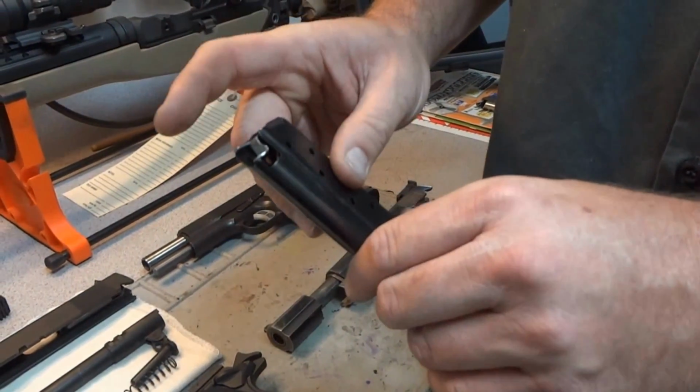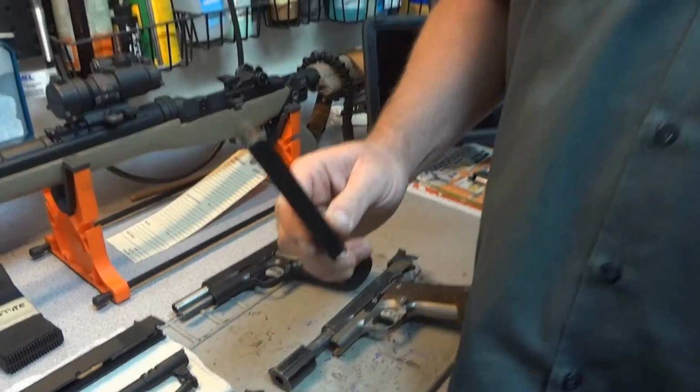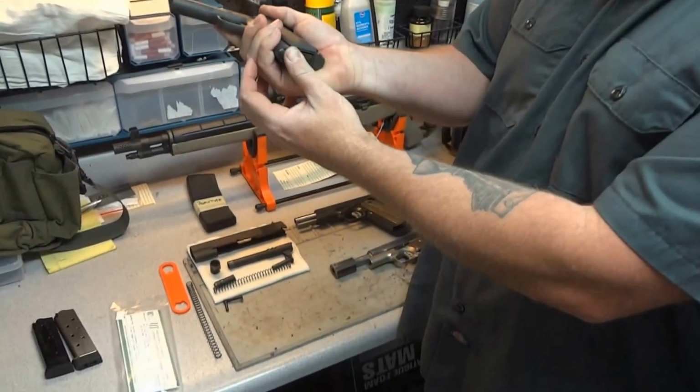It does have an elevated follower, which is an improvement over standard. One thing it doesn't have is a base pad. If you're running a 1911 and your magazines don't have base pads, I got a question for you. Why not? This particular gun, as you can see, inserting the magazine, it sits flush with the bottom of the